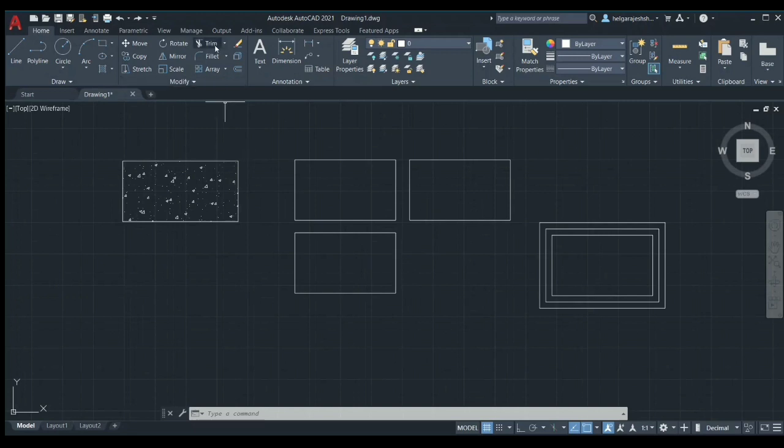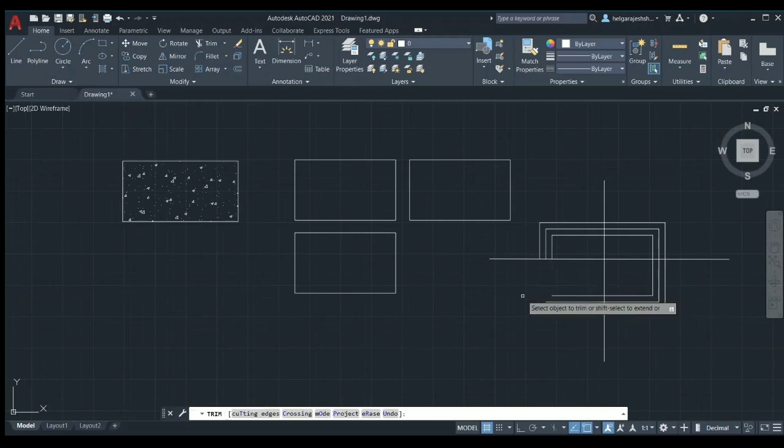Another important tool in AutoCAD is the trim tool. So let me demonstrate its use by using two lines over my rectangle. Here I have created somewhat a cross and consider if I want to remove a portion of it, then I am going to use the trim tool for that. So I am clicking trim. Now I am selecting the part that I am going to trim. Left click and select the part. Now it's gone, it's trimmed. I could remove all my unwanted parts using the trimming tool.